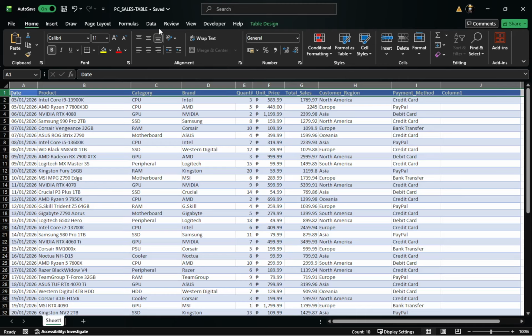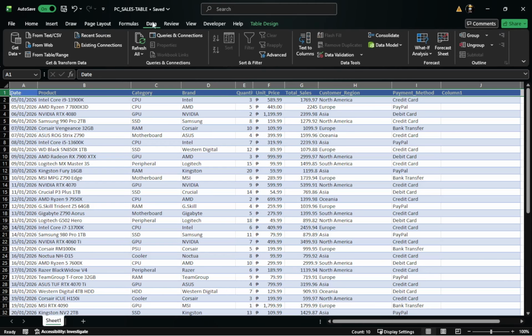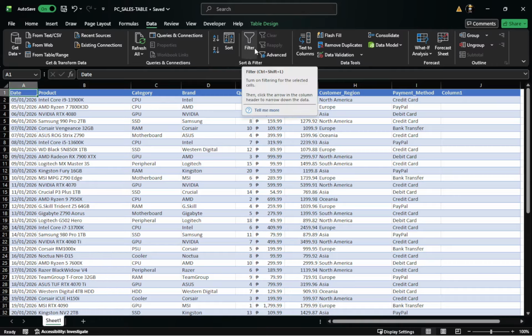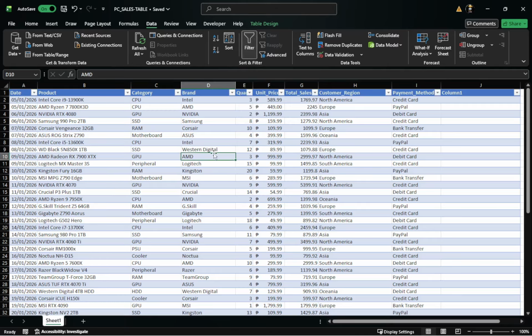You will find it along the ribbon at the top of the Excel window, between other tabs like Home and Formulas. When you click Data, the ribbon changes and shows tools for working with lists, connections, and analysis. On the Data tab, click Filter in the Sort and Filter group. This button has a small funnel icon. The moment you click it, Excel turns filtering on for the current region of data. You do not need to save anything for this change to take effect.